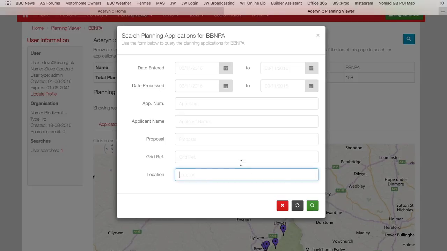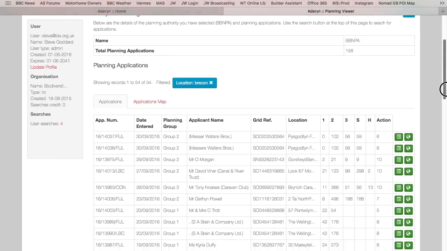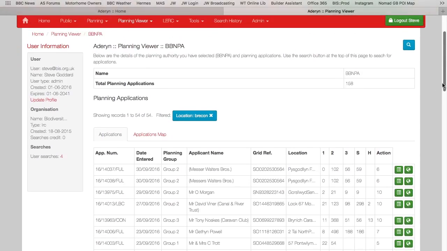So for instance you can search by applicant name, proposal, grid reference or location. This relies on the keywords that have been supplied by the unitary authority, so it doesn't always work exactly as you expect it to. So for instance, if we do a search here for a location of Brecon, provided the application had that keyword within the location field, we'll find all those applications. So if we click on search, hopefully it's returned a few applications to us, in this case 54,